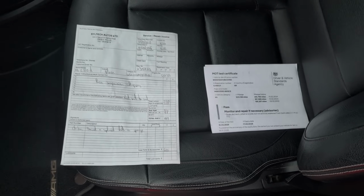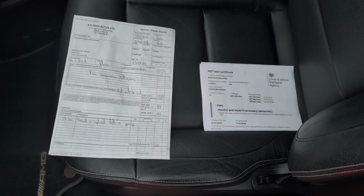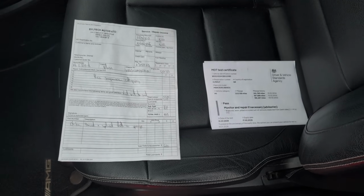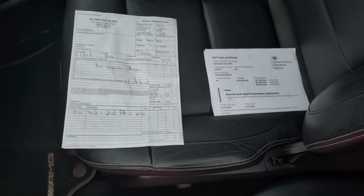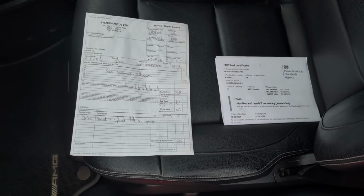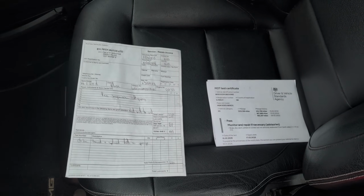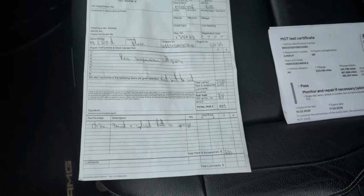For peace of mind, I wanted to make sure that both sides are done, because when it goes to the next person, the last thing you want is that one side is done and then a few weeks later the other side sinks. And to be honest, if you got the new airbag on one side, it may put too much pressure on the other side and cause it to prematurely fail. So that's why it's cost